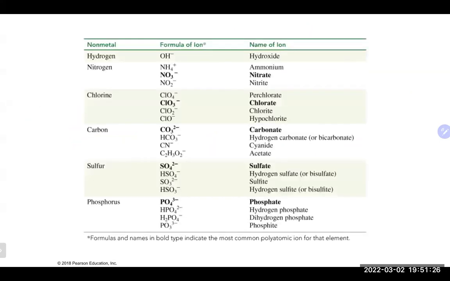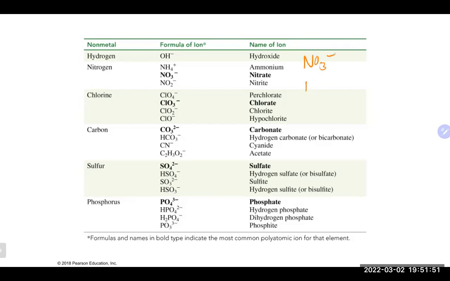This is a chart of some polyatomic ions. And there are several that you do need to know, which are what's on these lists here. There's a way that you can sort of memorize them to make them easier. There are several that are related to each other, what we sometimes call a group of 2 that are related to each other. So for example, if we look at